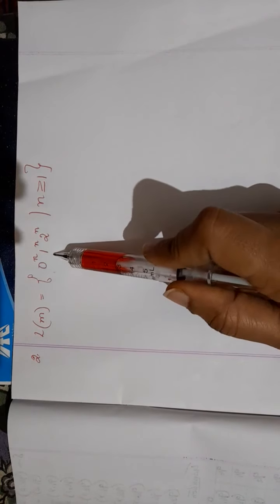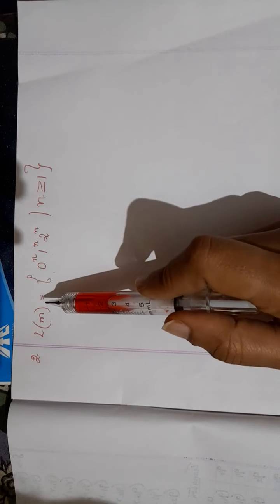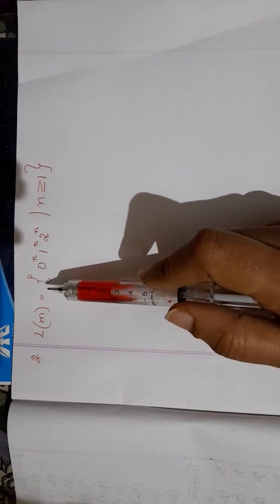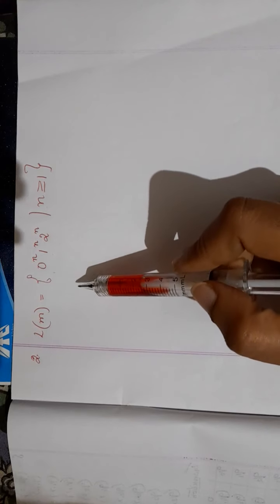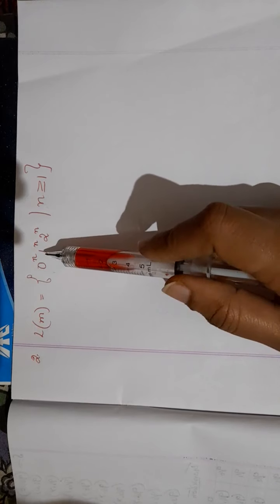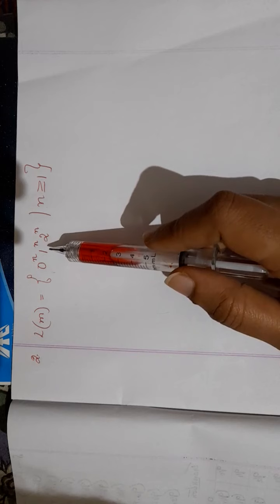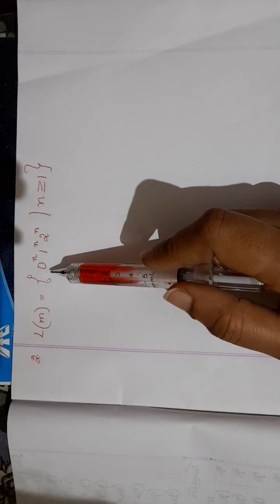We shall move on to the next problem under Turing machine. The next problem is: design a Turing machine that accepts the language 0 to the power of n, 1 to the power of n and 2 to the power of n. In the previous video, you had seen how to draw a Turing machine for 0 to the power of n and 1 to the power of n. So the logic almost remains the same with respect to the previous problem.